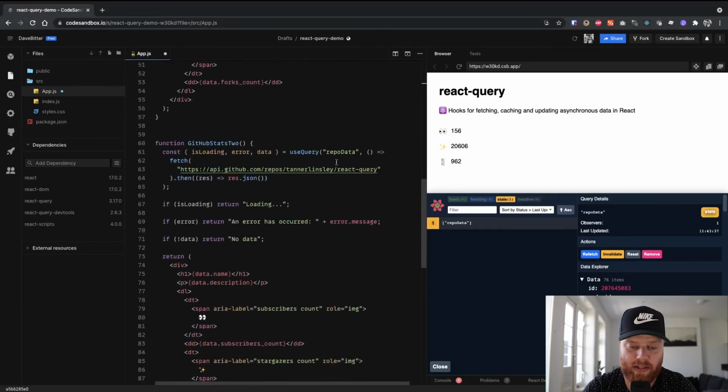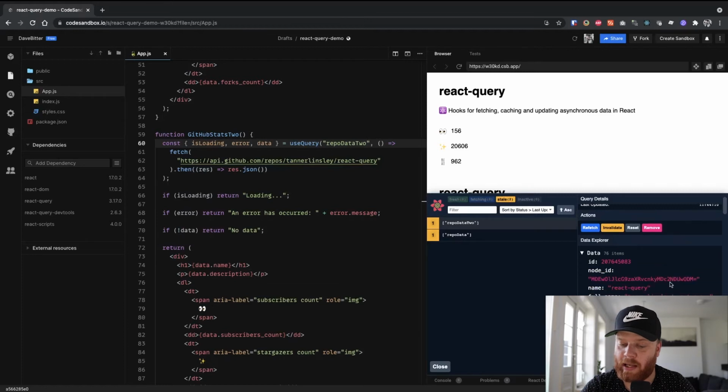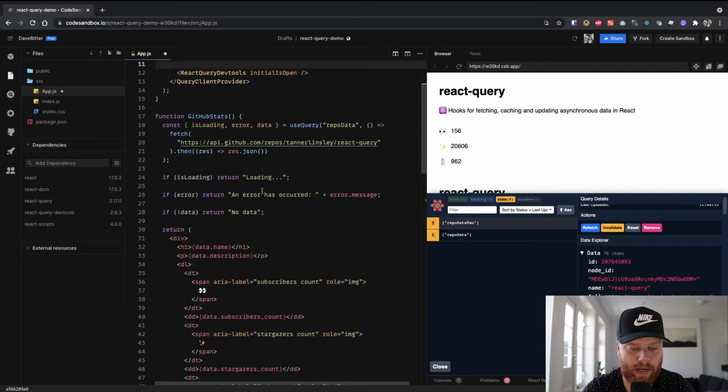So let's change that unique key to repo data 2. And you can see that it makes 2 requests. So we have both of them here, and we can easily view them, see when they were last updated, see what the data is that we received, and we have some actions which makes it easier to debug. So let's remove this second example that we created